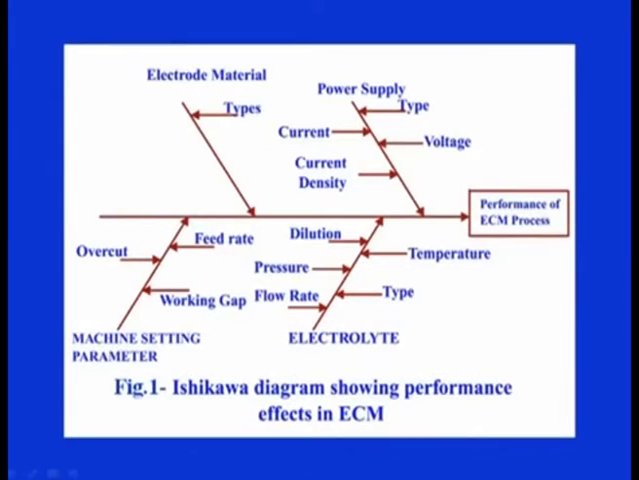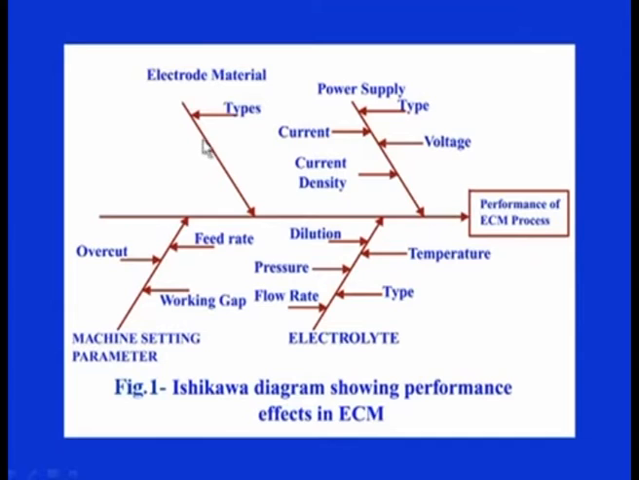Now, let us see the process parameters involved in ECM. An Ishikawa cause and effect diagram can be prepared like this, which is on the screen. So, there are basically 4 types of parameters: electrode material based, power supply based, electrolyte based and machine setting parameters. In electrode material, the type of the electrode material is highly important, like whether we are using copper or other material,